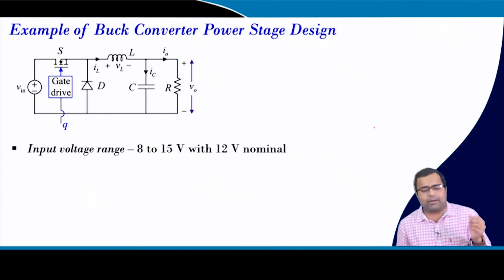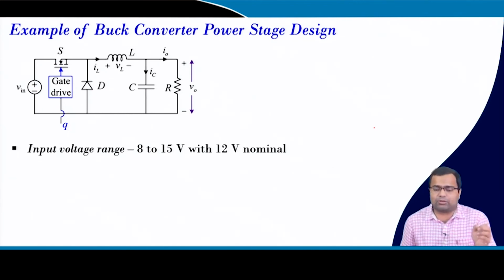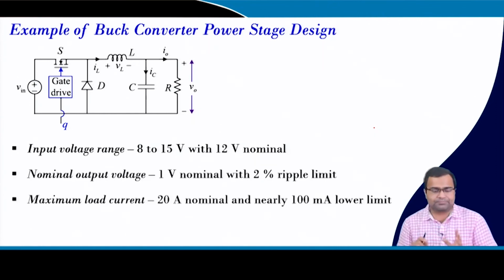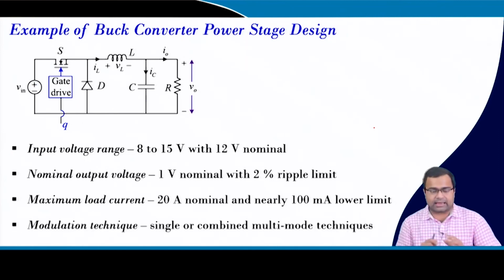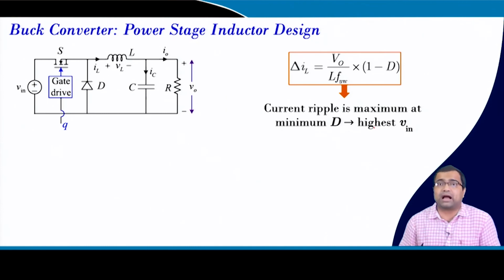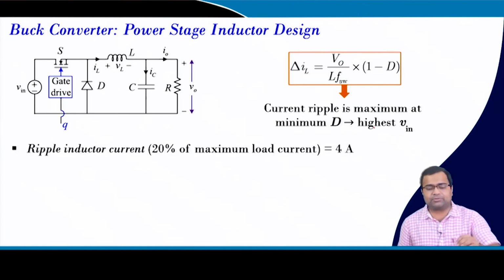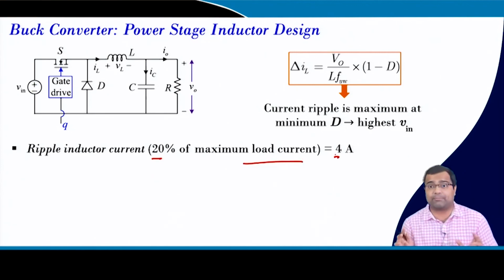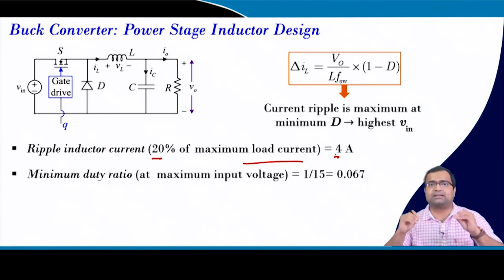Then take an example of a buck converter for 8 to 15 volt input with a nominal 12 volt, and we want to achieve 1 volt output with 2% ripple, the maximum load current is 20 ampere, and for the modulation technique we can use PWM or a combination, because we will discuss this in the light load control technique. So, in the inductor design, we know under PWM the worst case ripple that we have discussed will happen at the highest input voltage. So, if we keep a 20% ripple criterion of the maximum load current, the ripple is set to 4 ampere, and